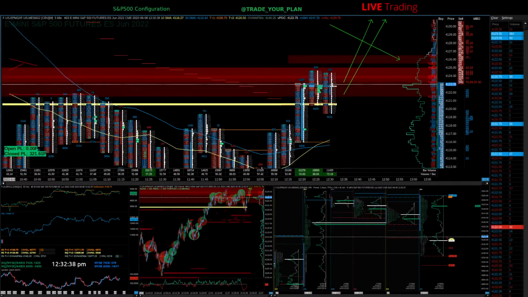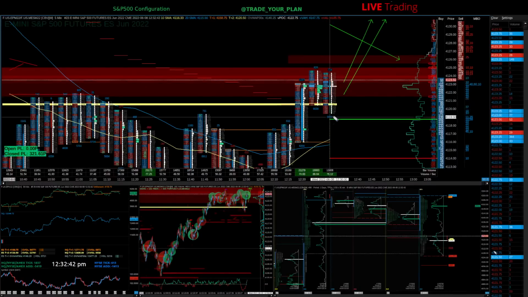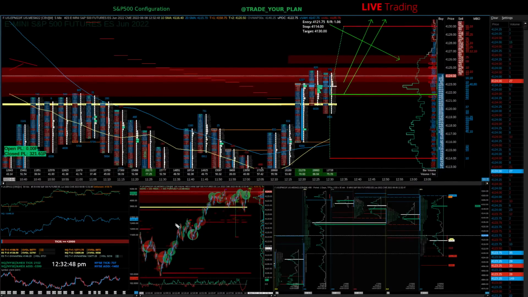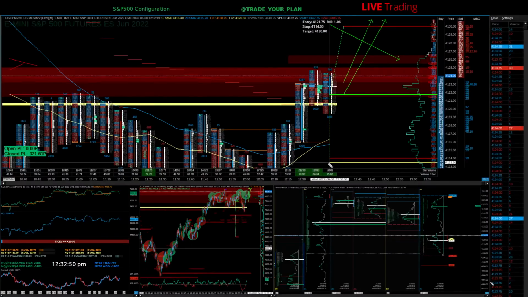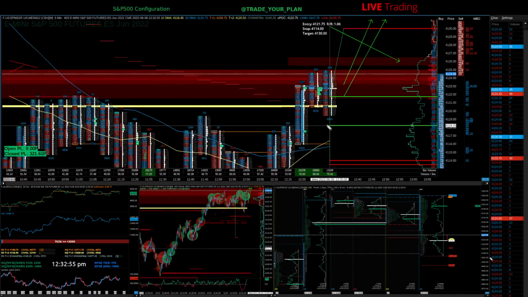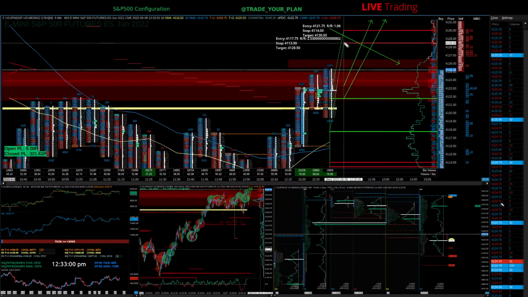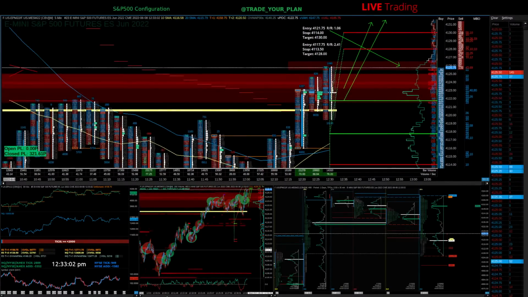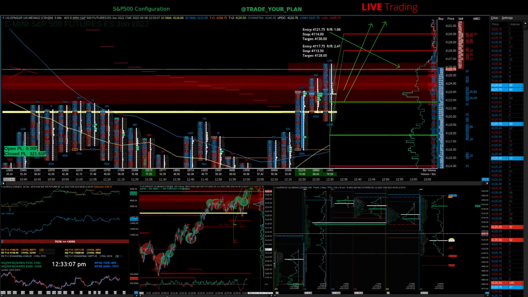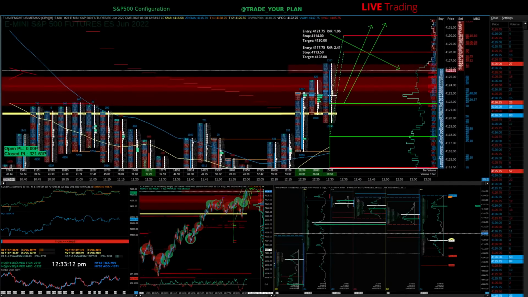Look at me. I'm willing to give some signals. You know, I like having an opinion. Stop here, long where I just said, targeting this area. It's one R. Also, same stop, enter below against this node here, if we could have got it. Getting out at, I don't know, just into the LVN up here. Okay, so you guys know I'm not some BS artist giving you, like Dirk says, do I go long or short?